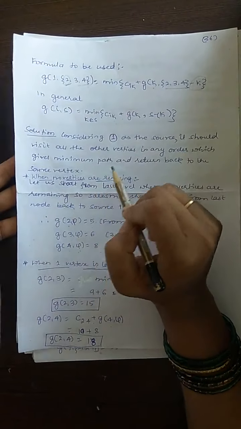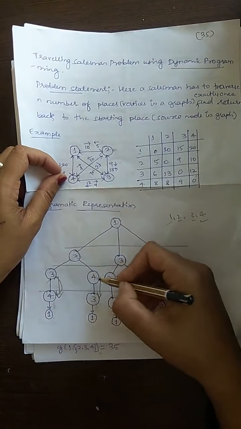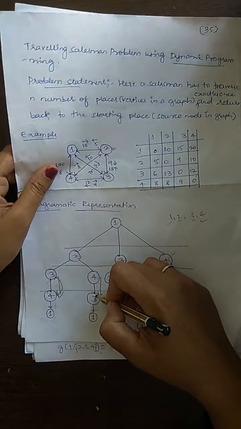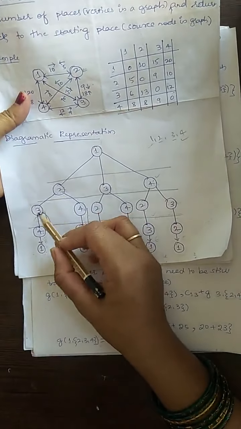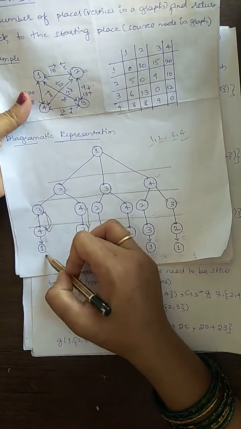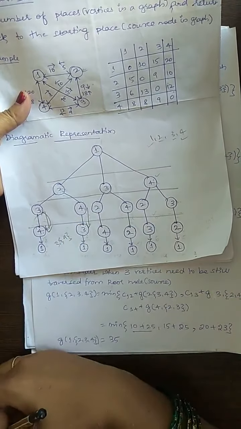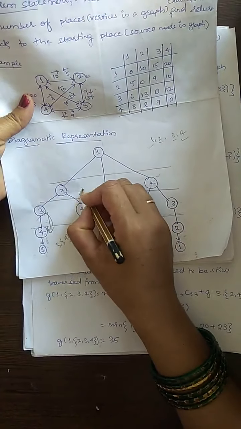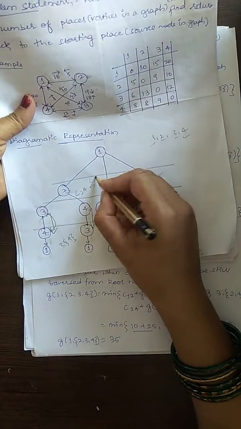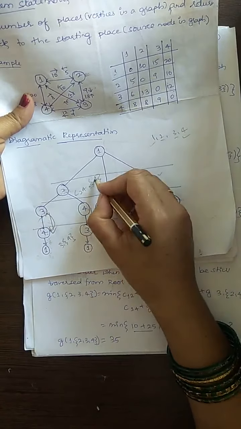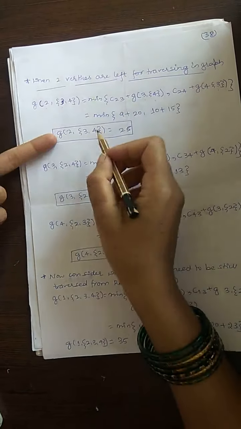So this is the formula. What are we going to do here? From i to k, k to remaining. Here, k to remaining we are going to find out. So now how are we going to do it here? Minimum of 2 to 3, then from 3 to remaining. So 3 to remaining vertex is 4. When I come here, 2 to 4, C of 2 to 4 and remaining is the fourth vertex. Sorry, here 3 is remaining. Okay, so that is what we are doing here.